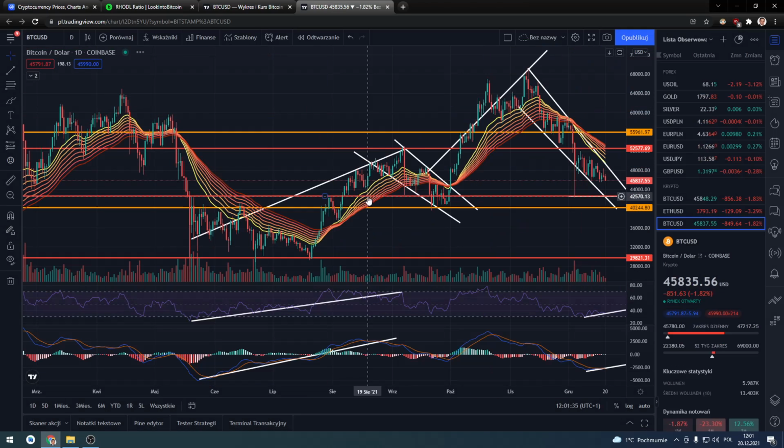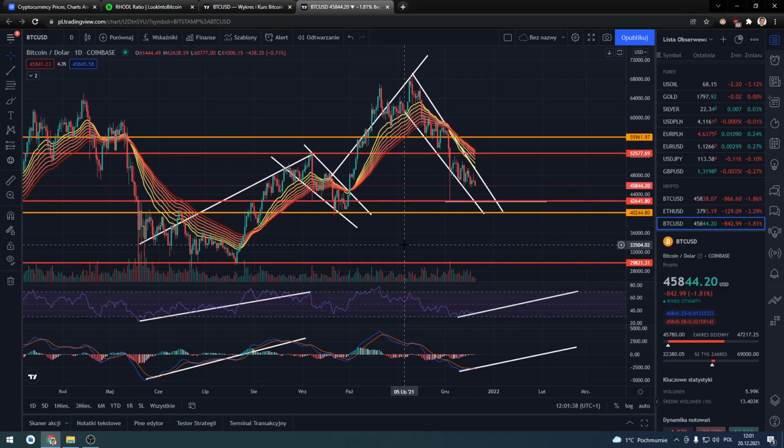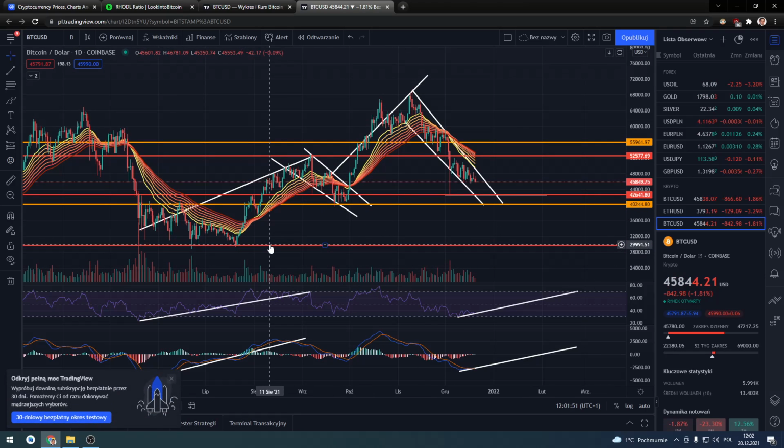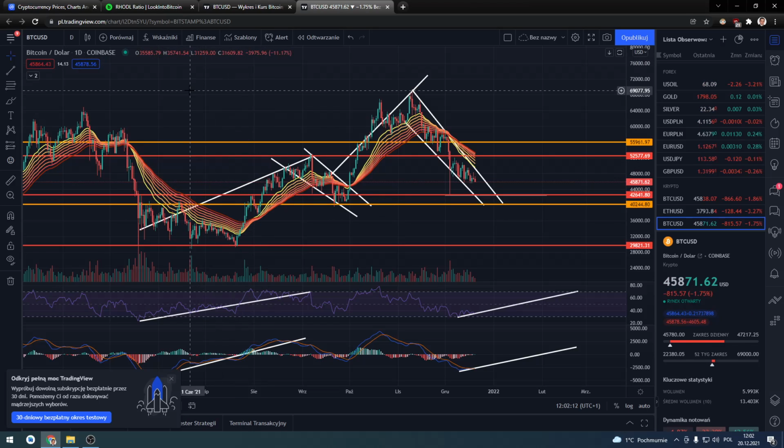Okay, it's right there. Yeah, this is the chart from the last video. And yeah, I would like to explain to you why I think that this level right here is, in my opinion, the lowest level we can probably go. I base my analysis on many different charts and many different data, and one of them is